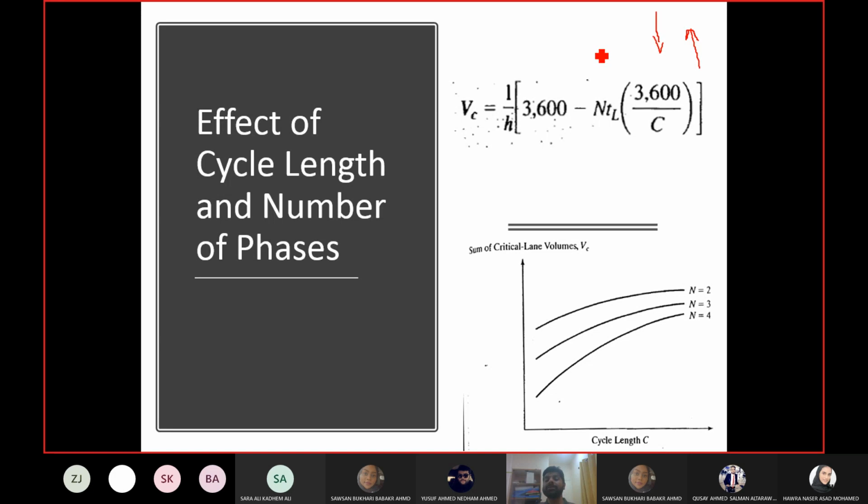And then the second issue is with the cycle length. If you increase the cycle length, that means you are increasing the timing for all the phases, right? When you increase the movement time of one phase, you are increasing the waiting time of the other phases. When one phase is moving, the other phases are stopped. So when I increase the time of one phase, I'm increasing the stopping time, the waiting time, of the other phases. More cycle length means you are increasing the time for almost all the phases. So that means you are increasing the waiting time for all the phases as well.